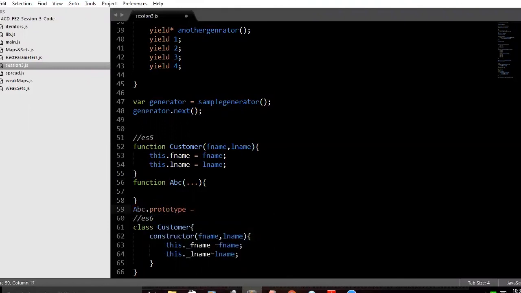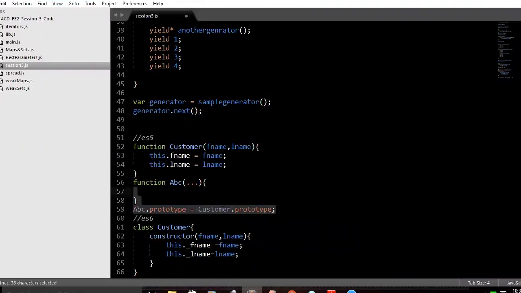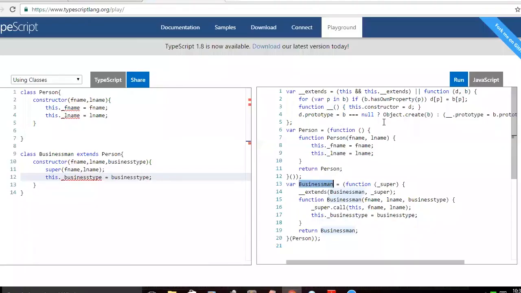Prototype is equal to customer dot prototype, and now you achieve inheritance. This is ES5, we are not going to use it anymore. But if you see here in the playground, they have done lots of stuff. I don't know why, but ultimately it's similar to this